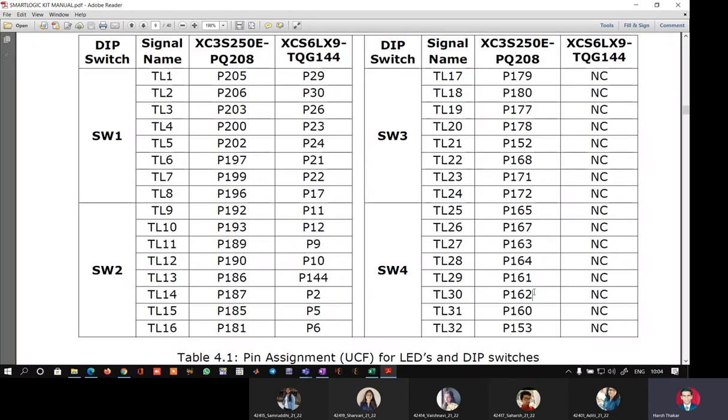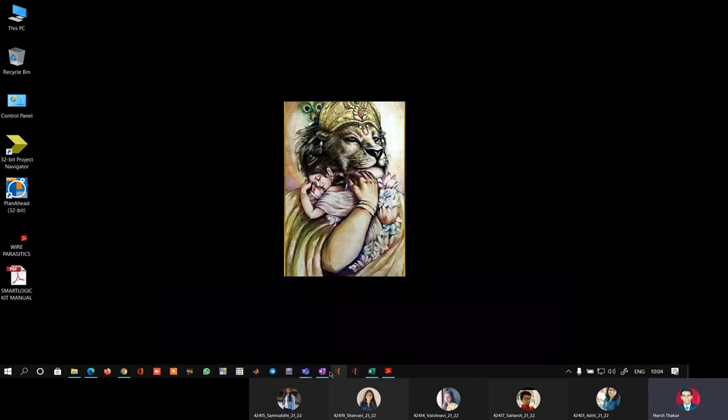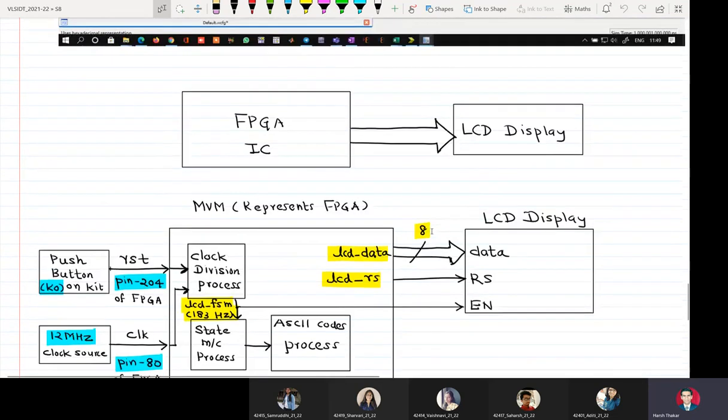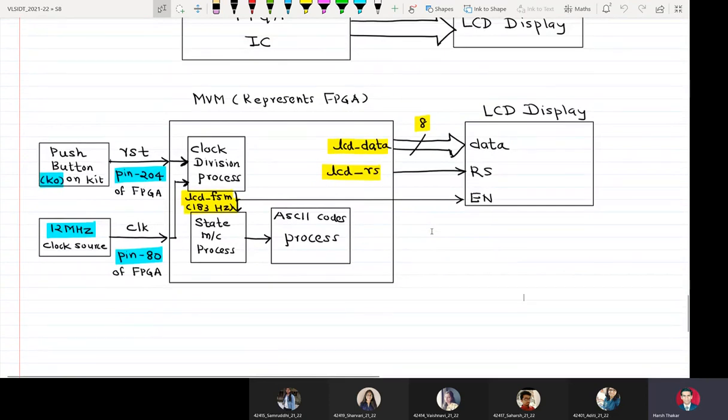This is called pin locking, and it is done using a special tool called PlanAhead, which I am not teaching because currently we are not going to do downloading. So I am telling you all these things because you should know that after downloading, I am going to convert my FPGA into ALU, USR, FIFO and a system which is going to drive my LCD display. Now students, in ALU we did not have reset, we did not have clock.